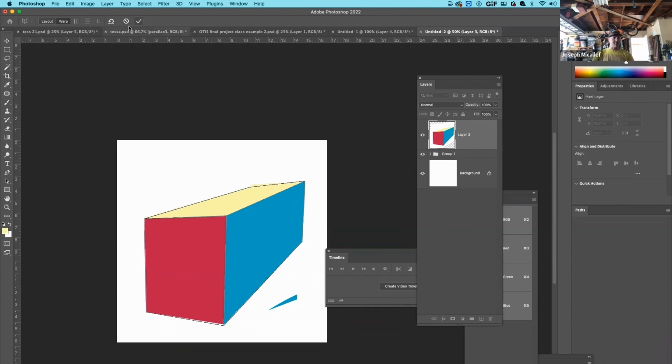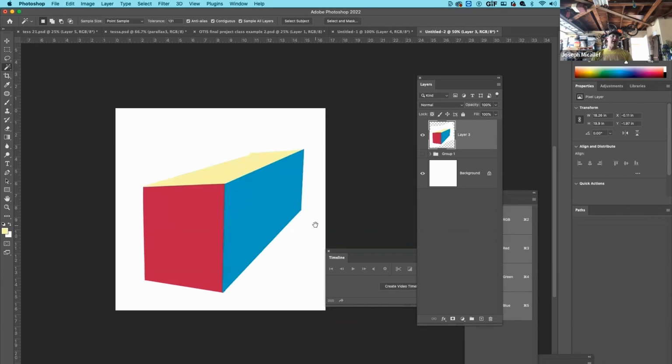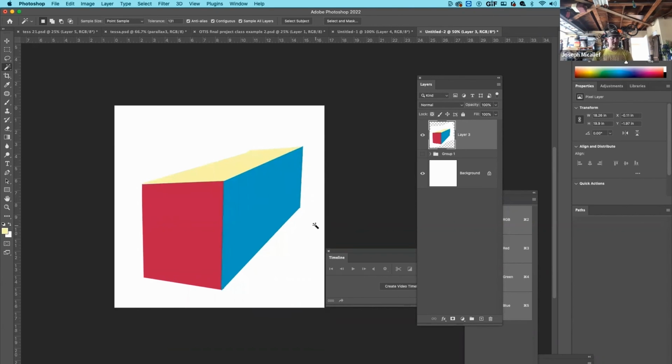And then once you're happy with it, you hit this little check mark, and now you have this new type of perspective set on that piece of artwork. So you can bring in, let's say you have a scene where you have a road and you have a car, and you bring in a car from another photograph, but the car's in a different position. You can adjust that position, and you can make it work in that scene. And so